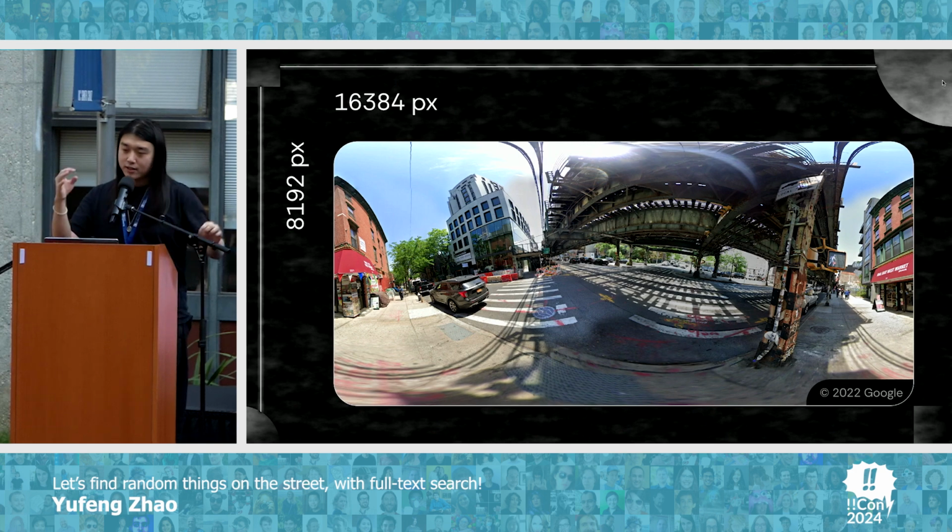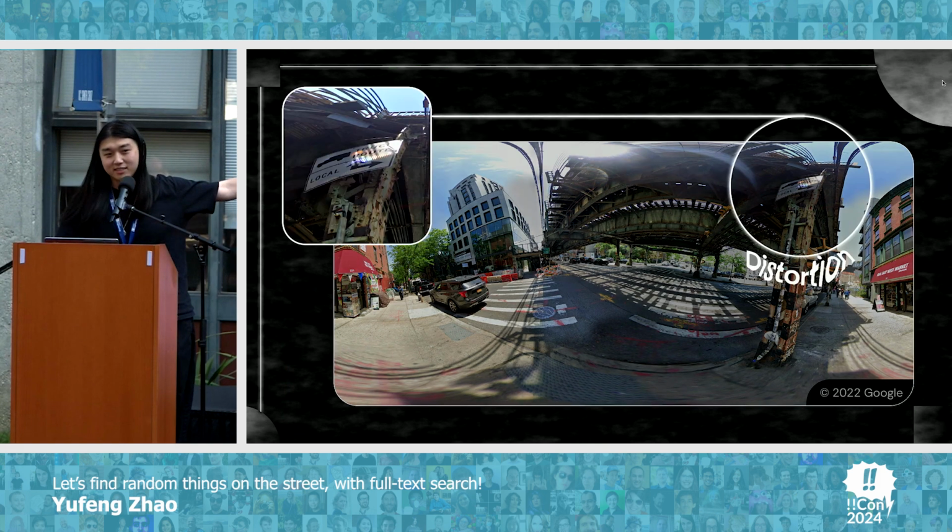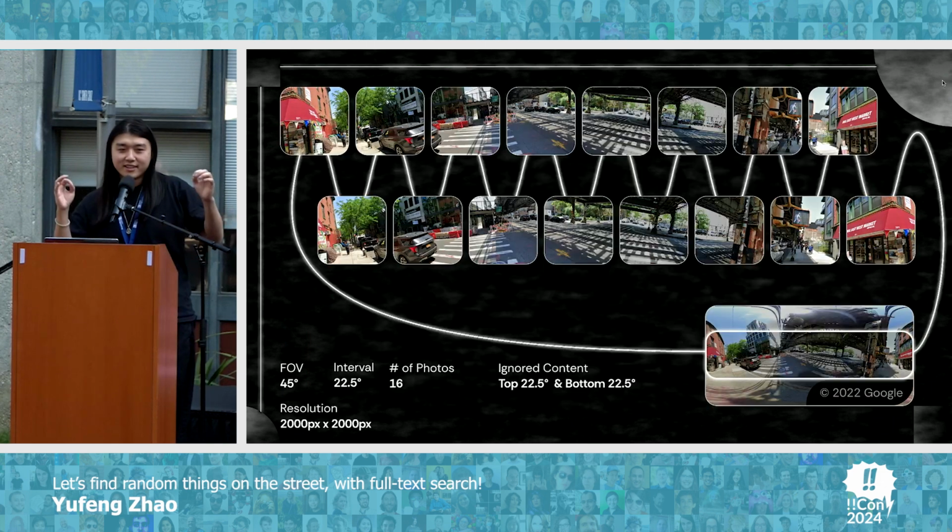If you get a street view, the typical resolution is going to be 16K by 8K, which is fairly large, and you would think that, yeah, just run an OCR will be enough. But no, first because OCR is pretty slow on an image of this size, and second, there are distortions on the text that are closer to the poles, top and down. And how I did it, I take